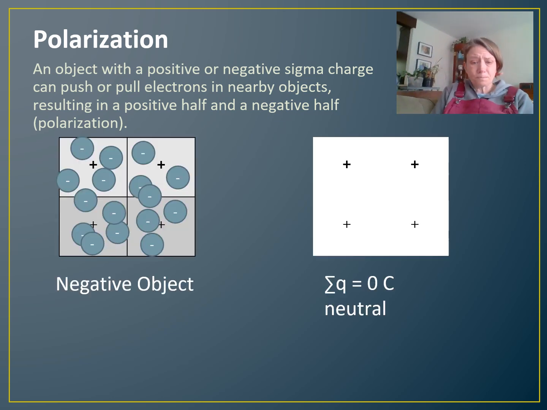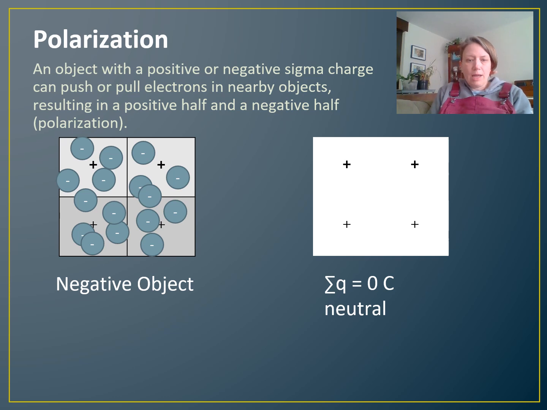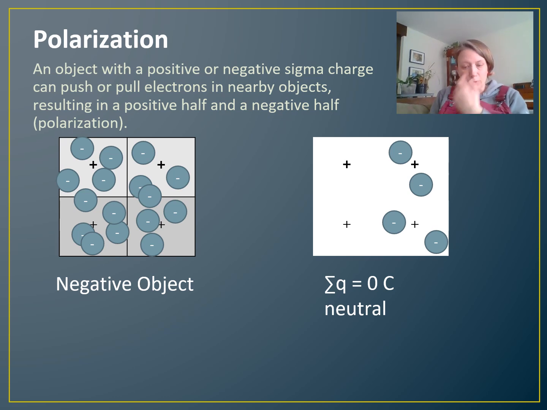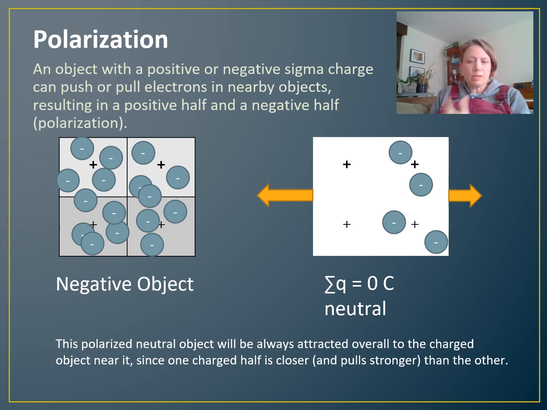So for example, we've got a big negative object on the left. We're not talking about how it got negative, we're just going to say it's got a lot of extra electrons. And on the right, we have an object that's going to be neutral. I've only shown the protons in it, but there you go. If you put those 4 electrons in, what you'll notice is those electrons are actually moving to the right half, right? And they do that because they're being repelled from the negative object that is nearby. So this is still a neutral object. We still have 4 protons and 4 electrons, but we have a positive half on the left and a negative